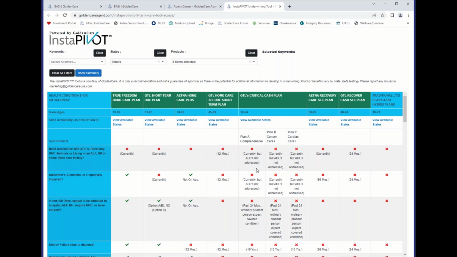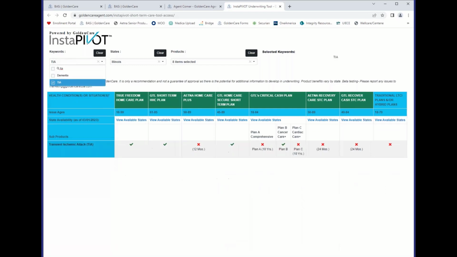Definitely. I'm going to chime in here as well. Manny, are you able to show us again, if a client has multiple conditions, where that shows up as you're filtering? Sure. So you have to search multiple conditions. You have to type them in one at a time. And for the example that I have, I'm doing the TIA,